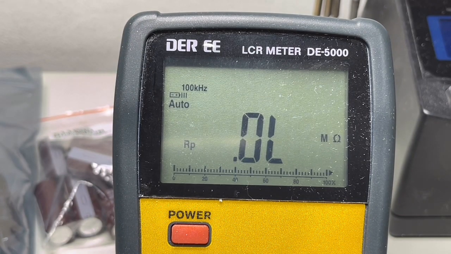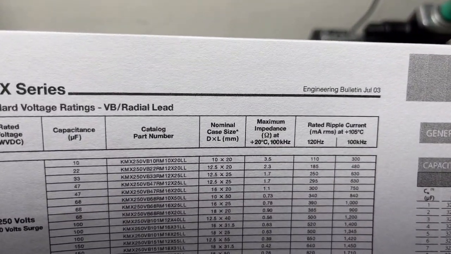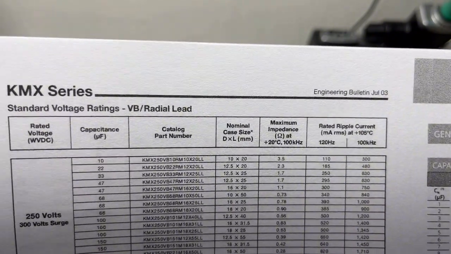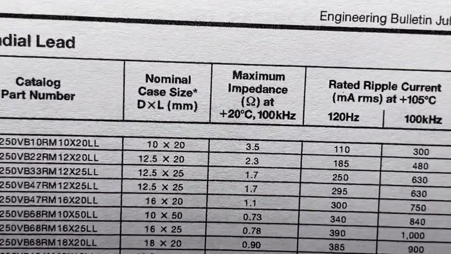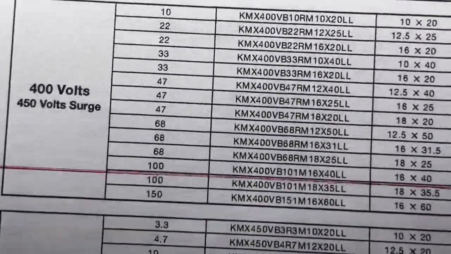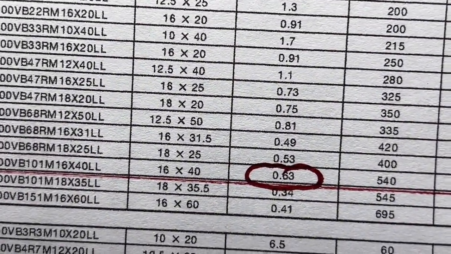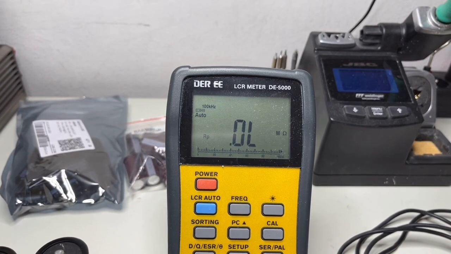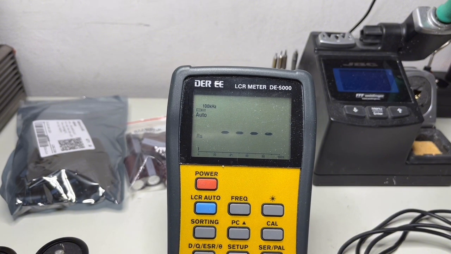So for this KMX series, I have the data sheet, and they even provide a maximum impedance at 100 kilohertz. Look, I have to zoom, it's better. And somewhere here, with 100 kilohertz, sorry, we should have 63 milliohms at 100 kilohertz. Let's check it. Negative to negative, positive to positive. And what we see here,